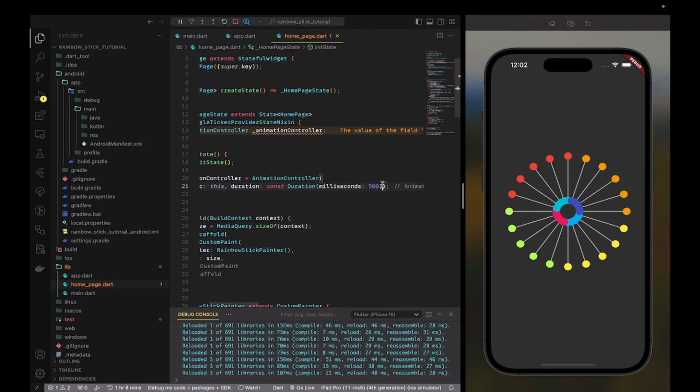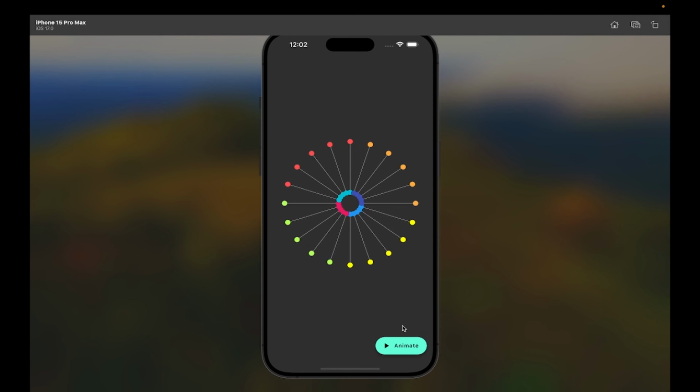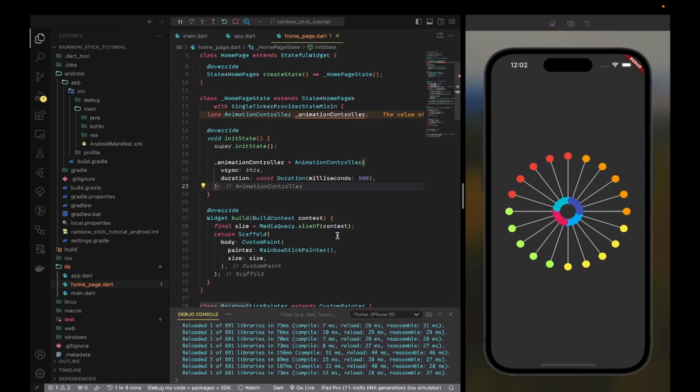So if you look at the animation, when I click, this thing rotates. That is the stick flip. If you look at it very well, you see that the flipping is for everything, but they are not flipping at the same time. They are flipping with a difference, at different intervals. So to achieve something like that,